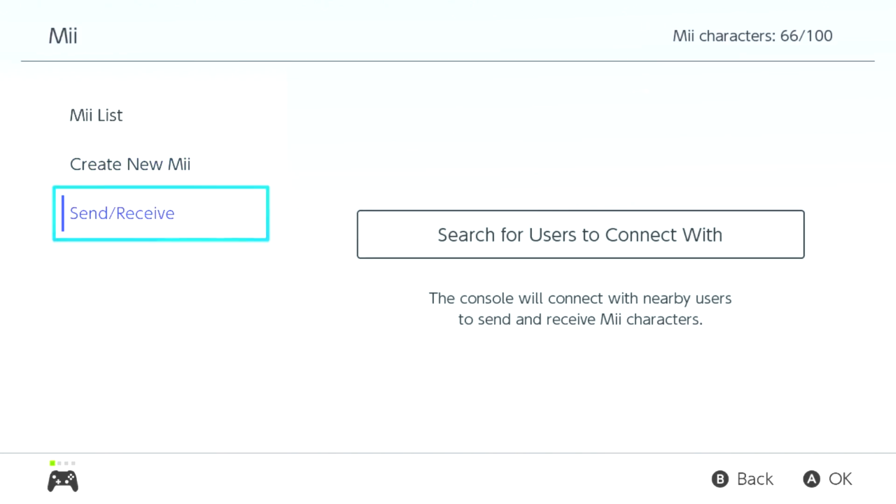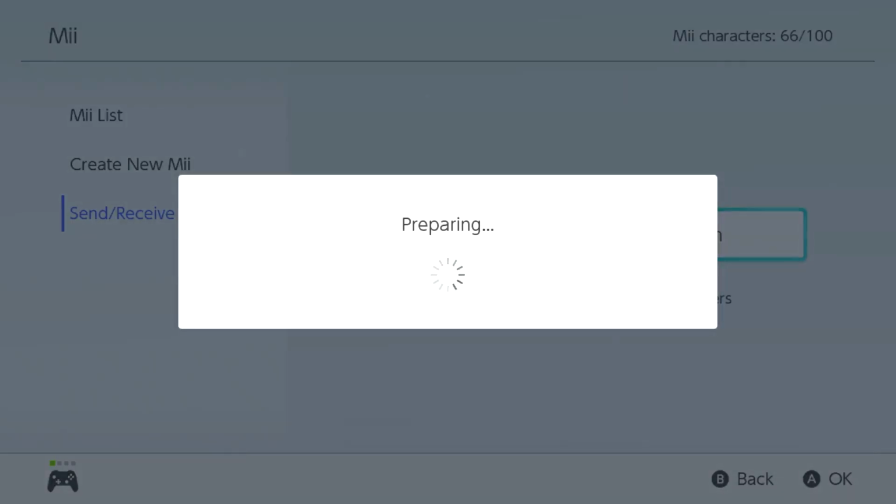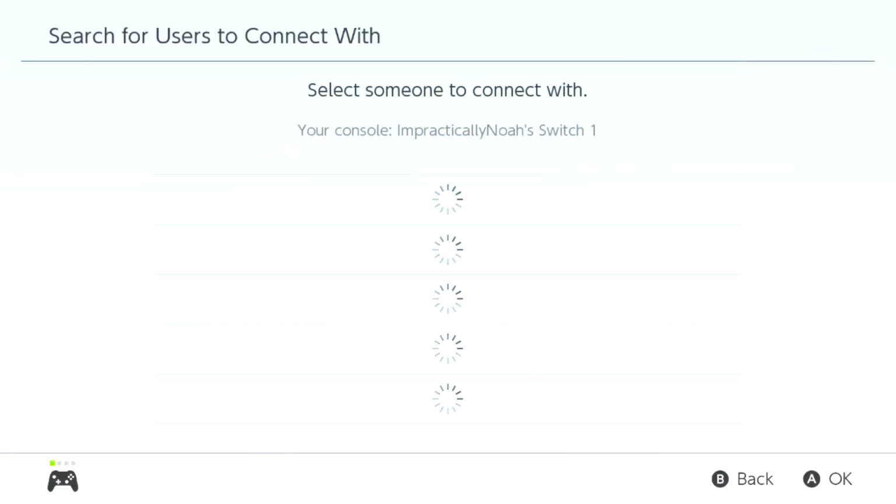Now this is the fun part. So I can send and receive Miis based on the console nearby the certain user. So for instance, I'll turn it on. So let me make sure. Okay, so this is more of like once you are playing in portable and handheld mode with the Wi-Fi. So unfortunately it's going to take a while to load, and